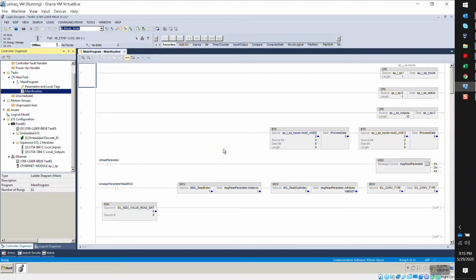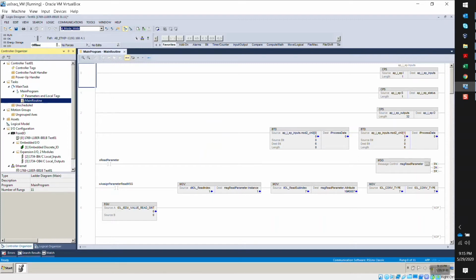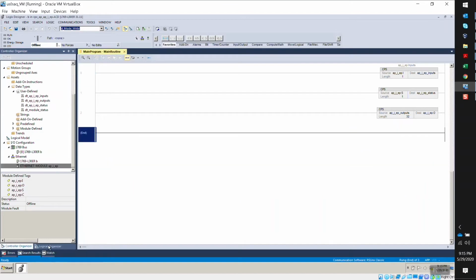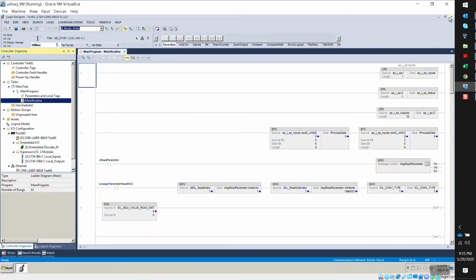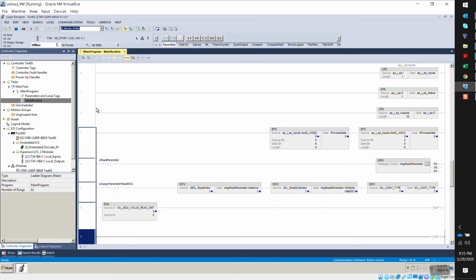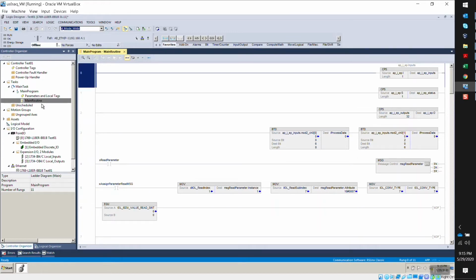Okay, the next step is that you can close this L5X that you opened, because you basically used it for configuration at the very beginning. You don't need that for anything else. And actually, you can just log in with these three rungs that you had imported. Don't pay attention to this. We're gonna cover that in just a second. And you can download and see if everything's working right. It should be working right. So if I download,